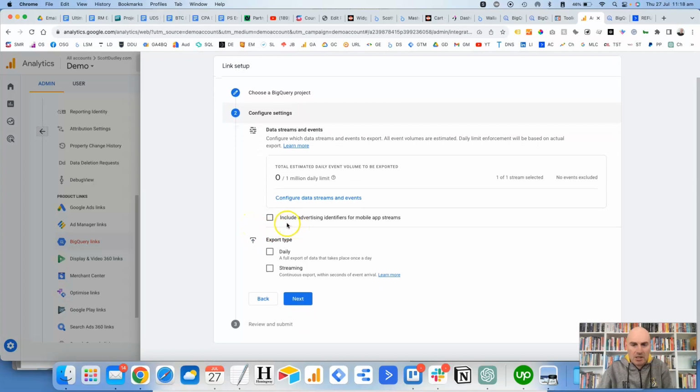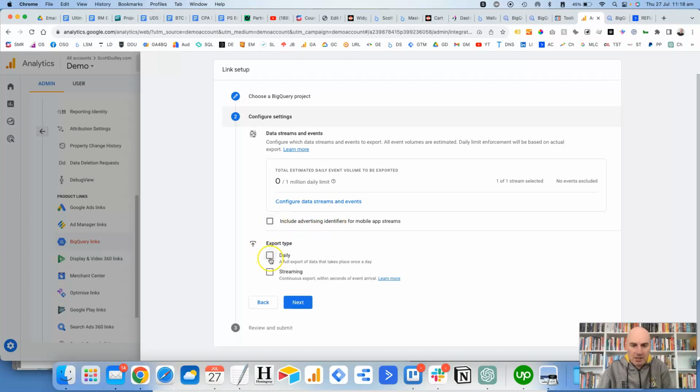It's got an option here to include advertising identifiers for mobile app streams. So obviously if you aren't running a mobile app, then you can just leave this. Or if you do have a mobile app and you want to include the advertising identifiers, you would check the box. And then underneath it's got the export type. It's got daily and streaming. So I recommend that you check both of these boxes,